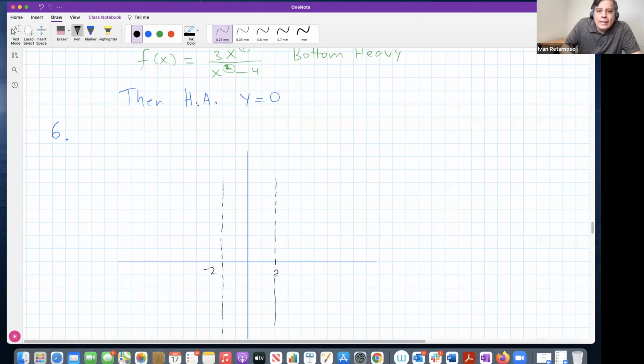Now, we said that the horizontal asymptote is y equals 0. Set that also on your xy coordinate system, right? This is it here. So y equals 0 is your horizontal asymptote, and these are the vertical asymptotes x equals -2 and x equals 2, right? These are the asymptotes. They will serve as a structure for your graph. All right. Next, guys,